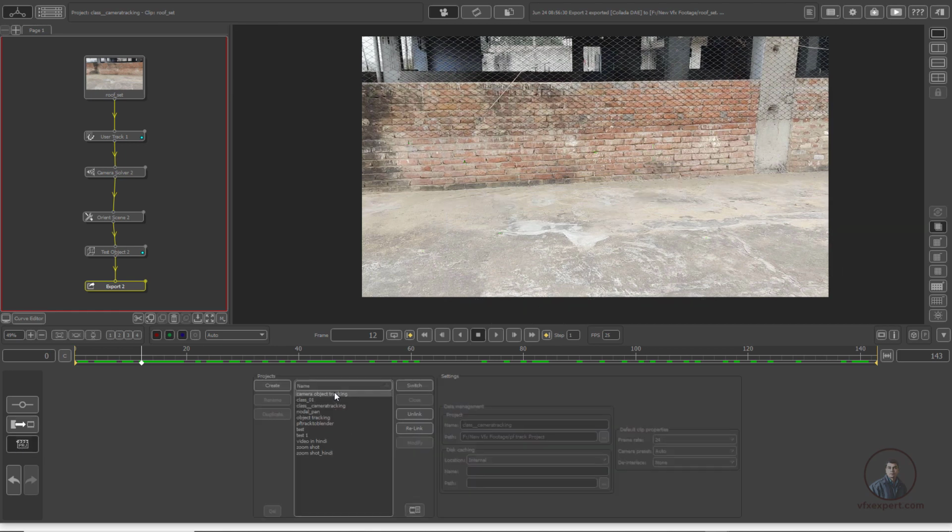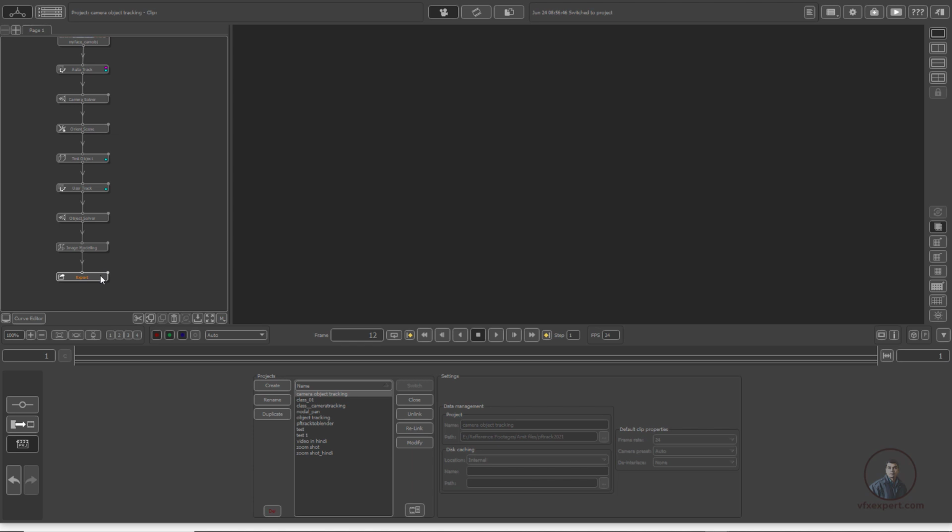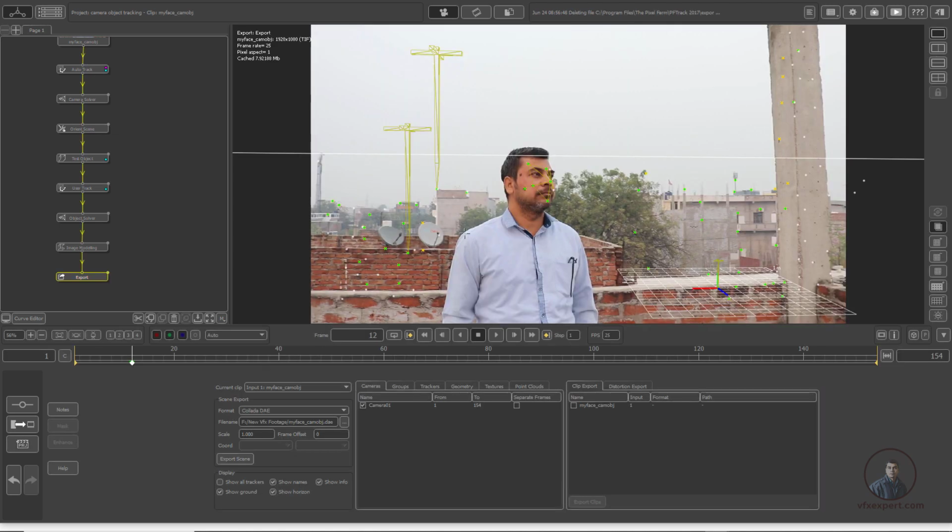Now again, first come back to our first shot. Double click here. This is our first shot. Then finally click on export here. While you are exporting your PFTrack tracking data to Blender, some important information we also have to take from PFTrack, which is our frame size or resolution, 1920 by 1080. Then frame rate, the most important thing here: I have tracked this shot at 25 fps. Then also the timeline frame range, which starts from 1 to 154. These are the most important parameters for working with Blender.